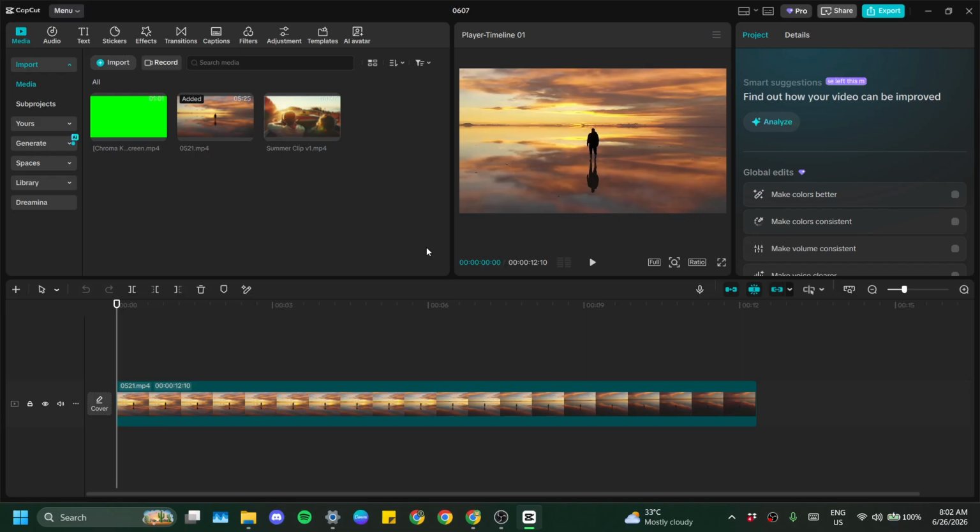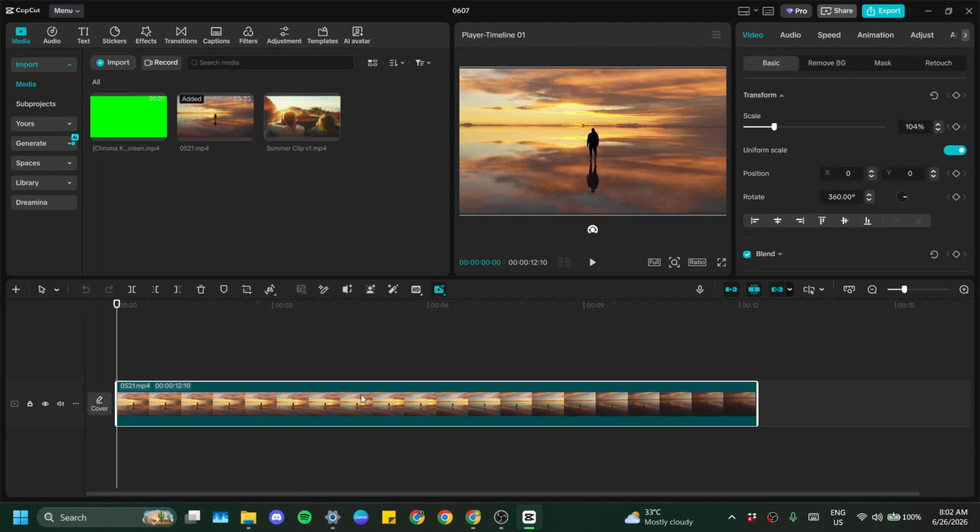To begin, go down to your timeline and locate the video clip you want to zoom in on. Click once directly on that clip in the video track. As soon as it's selected, you should see a white border appear around the clip. That border is important because it confirms that the clip is active and ready for editing. If you don't see that outline, just click the clip again to make sure you've selected the correct piece of